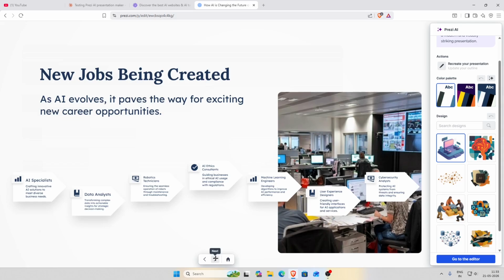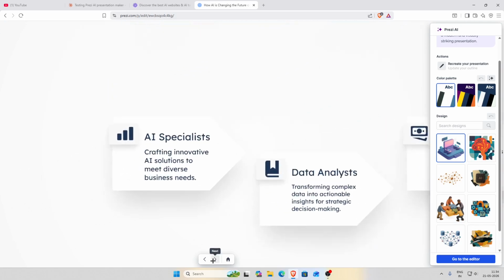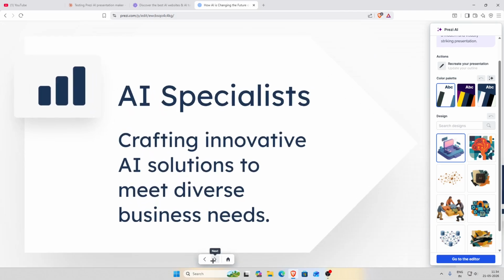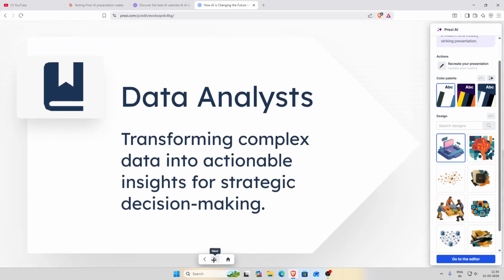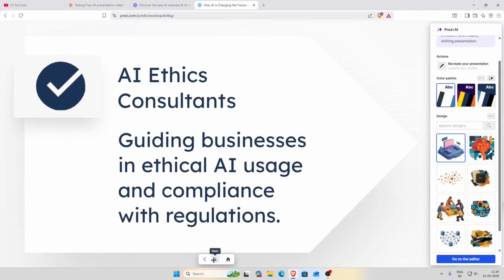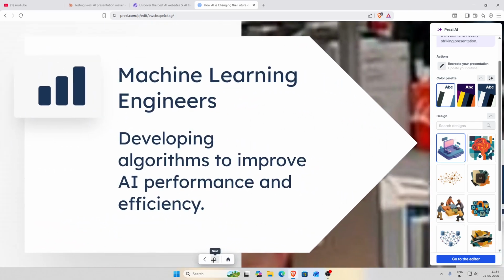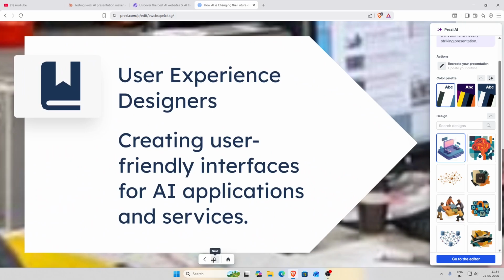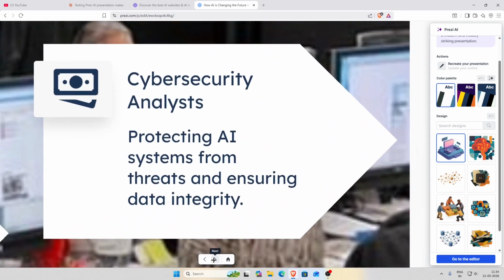This is our fourth frame. New jobs been created. As AI evolves, it paves the way for exciting new career opportunities. So these are all the opportunities available right now. AI creating these jobs for us. It looks really amazing. It goes in detail, shows and zooms in on all the roles available with AI: AI specialists, data analysts, robotics technicians, AI ethics consultants, machine learning engineers, user experience designers, cybersecurity analysts, and many